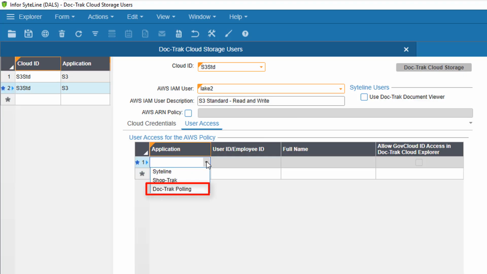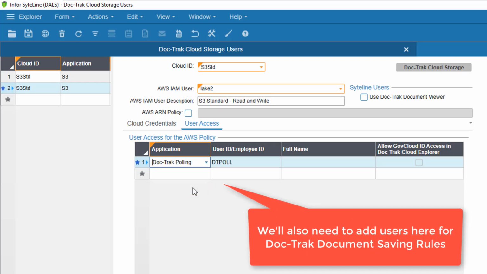We want polling to not only read files in our S3 bucket, but also store files there that are generated by DocTrack Form Output Profiles for Sightline reports. And to do that, we'll need to associate it with Lake 2. We'll also need to add users here for anyone that will be using DocTrack document saving rules associated with this cloud account.